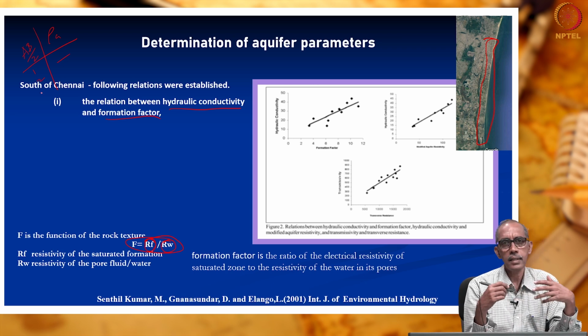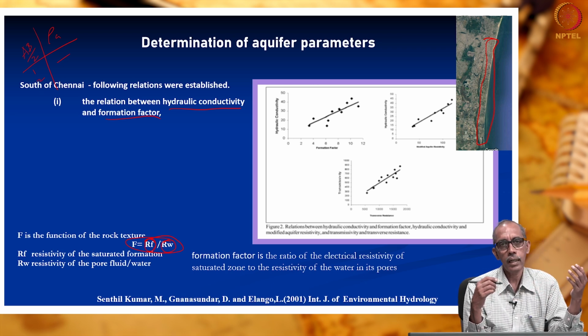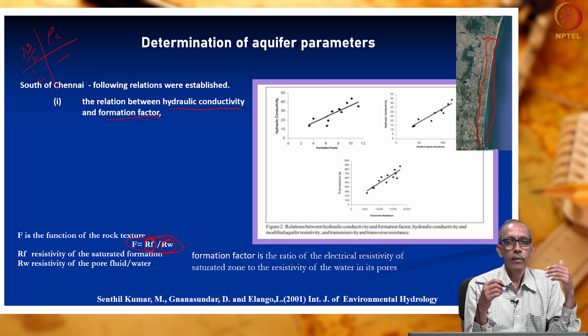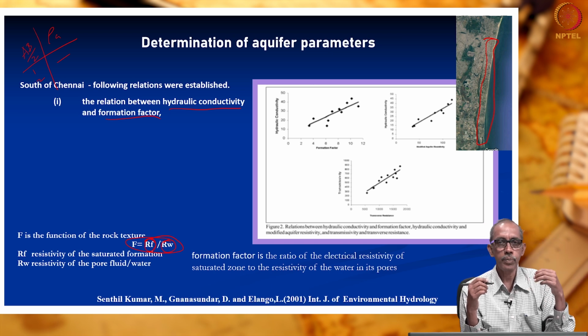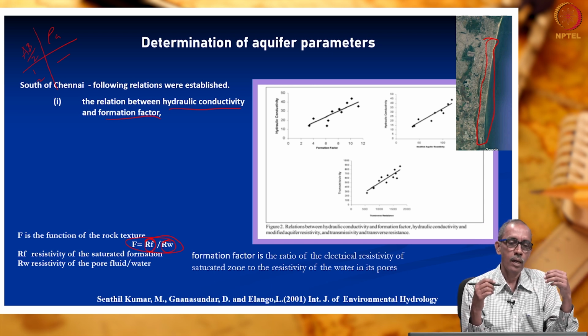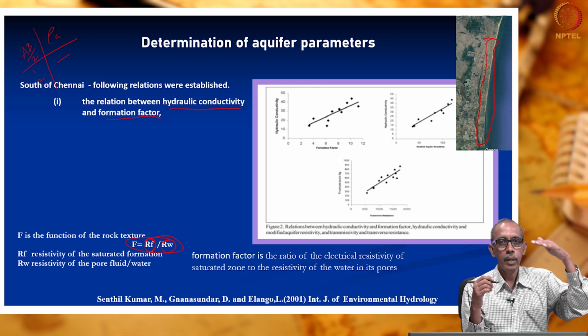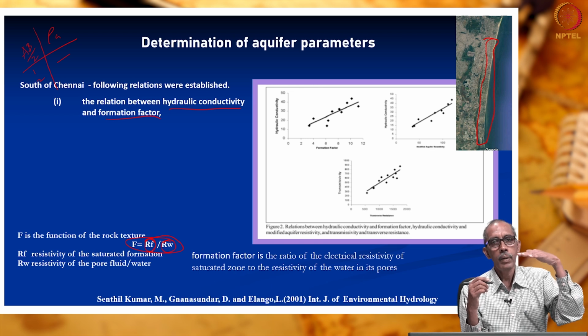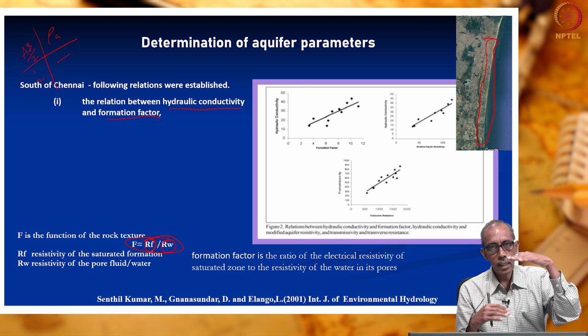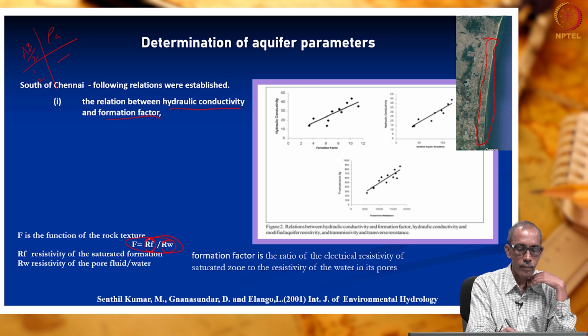I am just writing as an example, right. You can also conduct at half a meter, 0.75 meter and so on, right. What is important here is, for different depths we have the corresponding apparent resistivity values. So, the apparent resistivity of the formation below the saturated zone. If we have touched the water table, let us say beyond AB by 2 5 meters, we may be in the saturated formation, that is this RF.